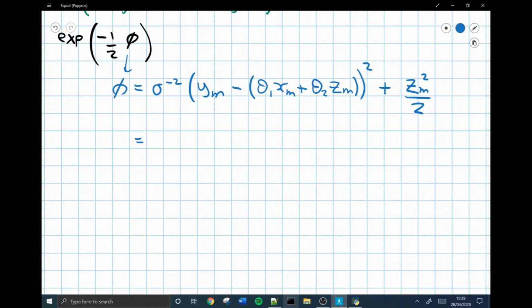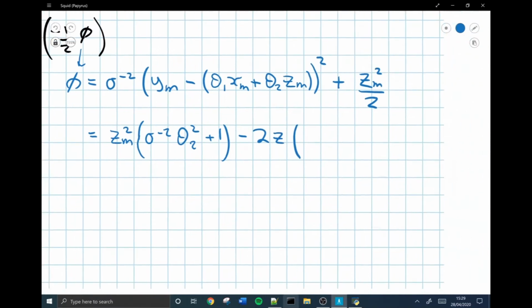So if you work through the maths, we won't spend too much time on it here, but it's easy to show that you'll end up with a Zm squared multiplied by a sigma to the minus 2 times theta 2 squared plus 1, and then a minus 2Z multiplied by, and this is a bit longer, so